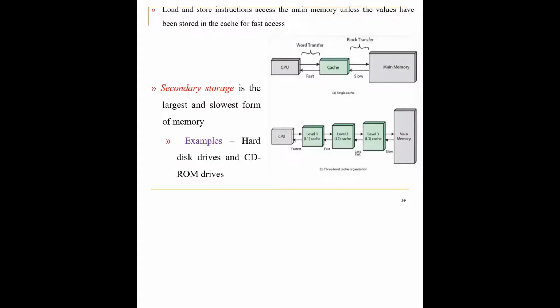Nowadays, what they have done is, after the main memory, they have introduced multiple levels of cache in between the main memory and the processor. These multiple levels of cache speed up the data processing between the main memory and the CPU. After this main memory, you can see the secondary memory. The secondary memories are comparatively very big in size, cheaper, and slower. Normally they are hard drives or CD-ROMs, which may be connected within the system or outside of it. So this is regarding the memory hierarchy.